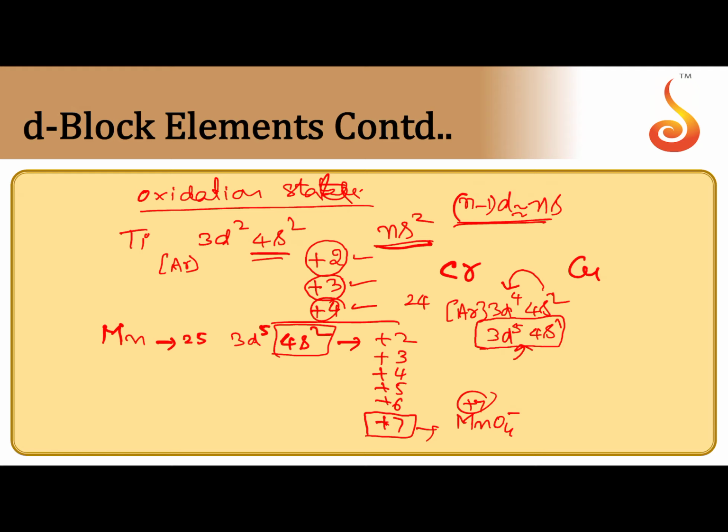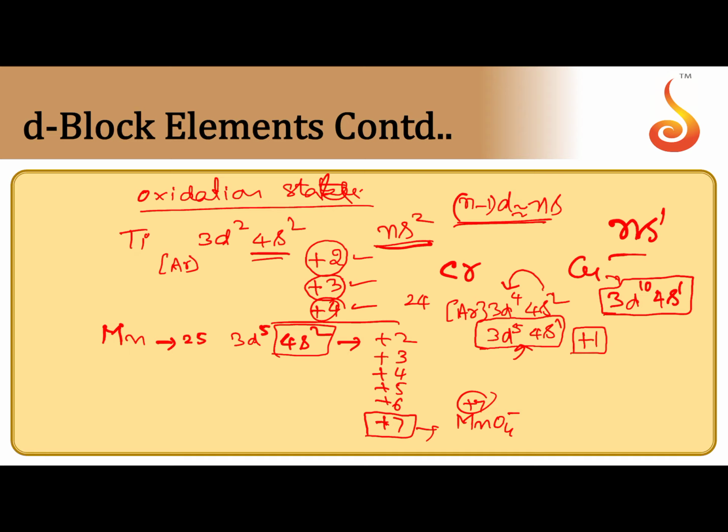That is why it is called abnormal electronic configuration. Same thing for copper group also, 3d10 4s1. This is the electronic configuration. This is also opposite to Aufbau principle. So, chromium group and copper group can have abnormal electronic configurations. They have ns1 configuration. That is why the minimum oxidation state exhibited by chromium or copper is plus 1.